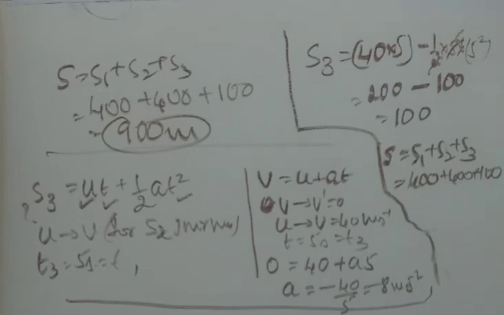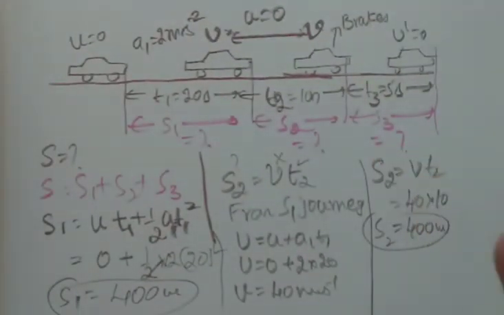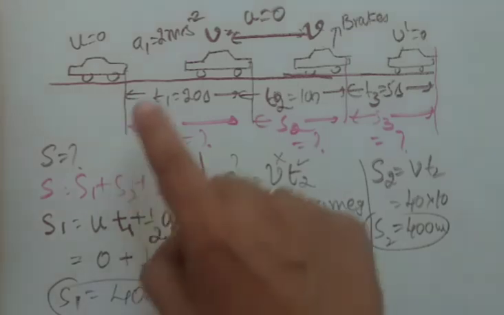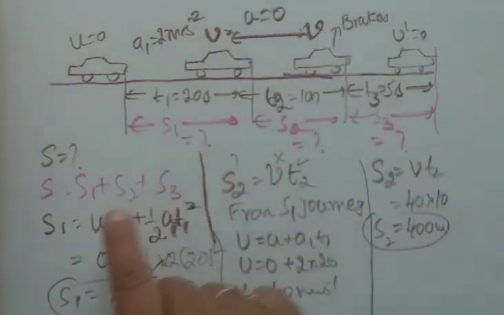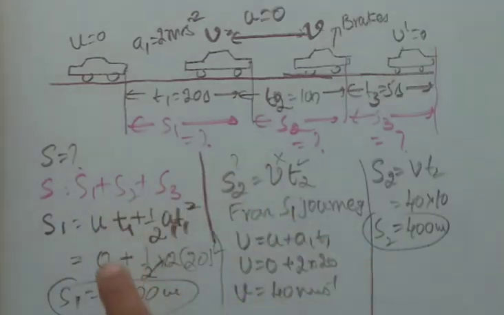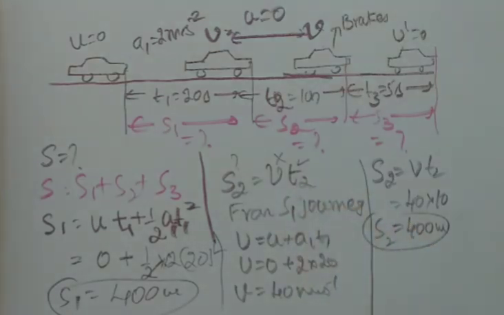Observe, this numerical is easier, but you need to get the picture of the complete situation first, as we have written the diagram. Later on, you start thinking of what to find, total distance. So try to find S1, S2, S3 separately. In finding S2, you need to find V. Okay, this is how we need to solve the numerical.